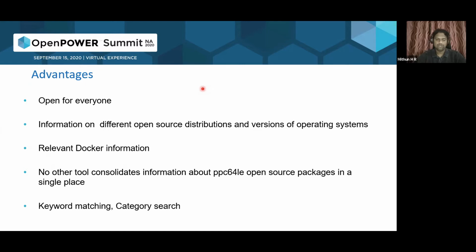And also it is not mandatory that you need to know a complete name of the package. Even if you know a particular part of the package name, you can just key in the part of the package with different string matching categories. It will give out the best possible match for a particular keyword.